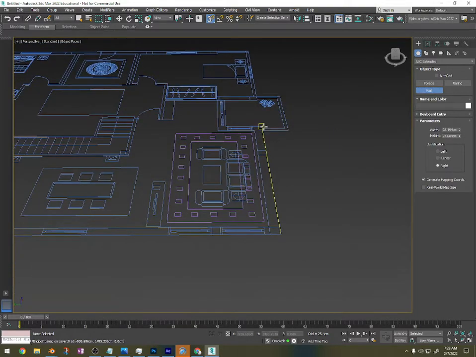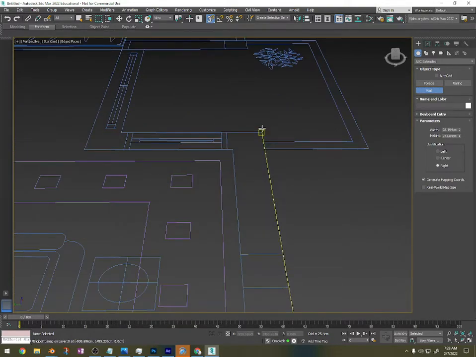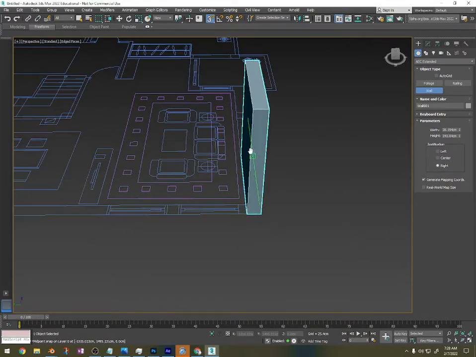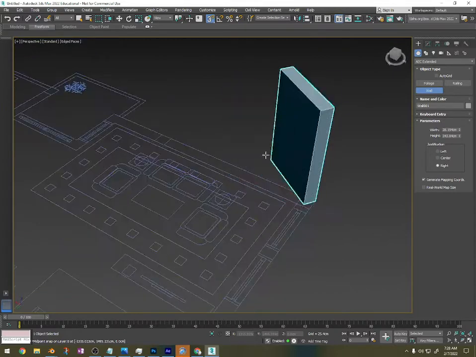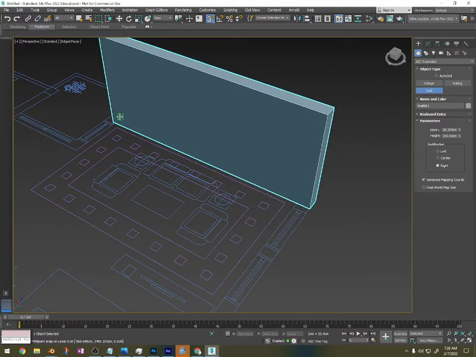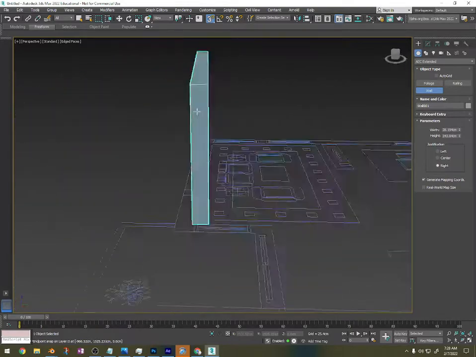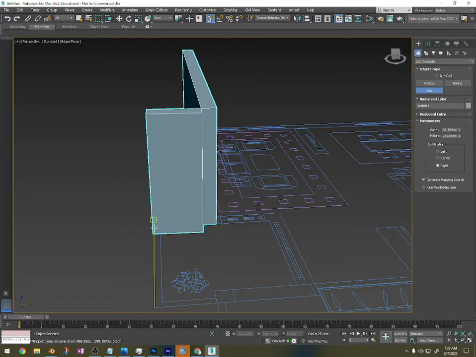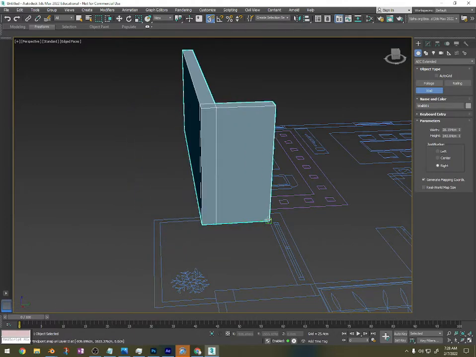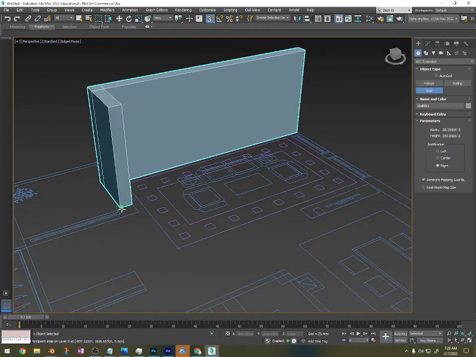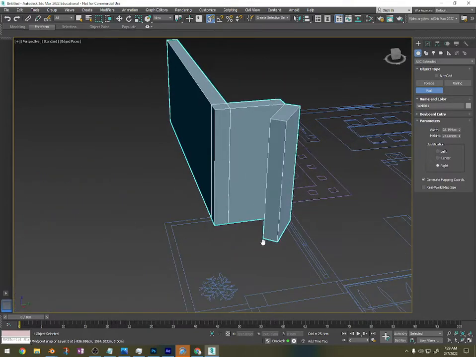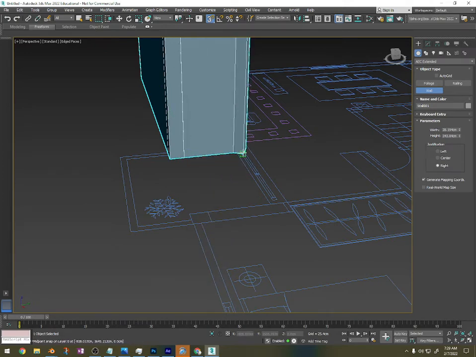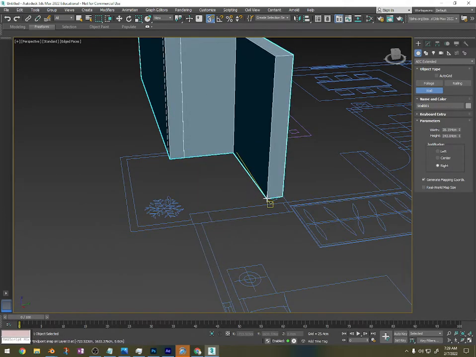So what you're going to want to do is make the exterior walls first. Bonk. While you're making a wall, you can hold Alt and navigate the scene, because you're going to want to orbit around so you can make sure you're snapping into the right sections. I'm going to do all the big sections first, meaning this is a thick exterior wall, and it breaks into a smaller exterior wall. So I'm going to do the big one first,